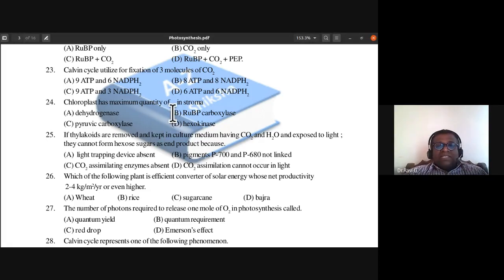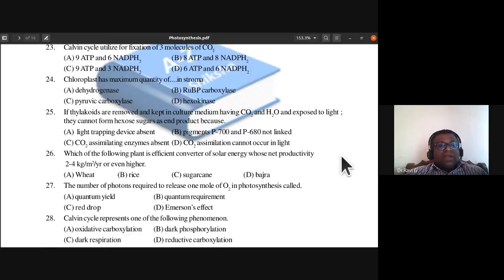They have the enzyme RuBP carboxylase, Rubisco. Maximum quantity is found in the stroma of the chloroplast. So the Calvin cycle takes place in the stroma of the chloroplast. Okay, 25th question. If thylakoids are removed and kept in culture medium having carbon dioxide and water and